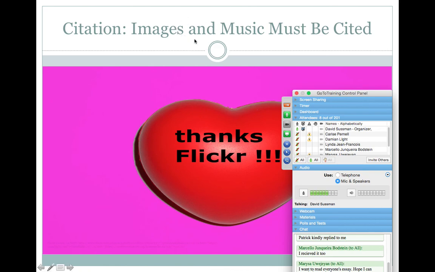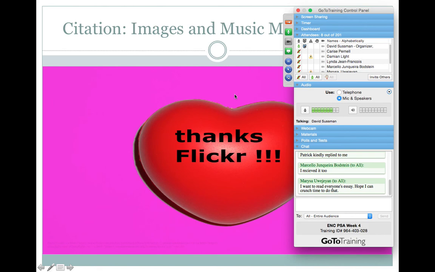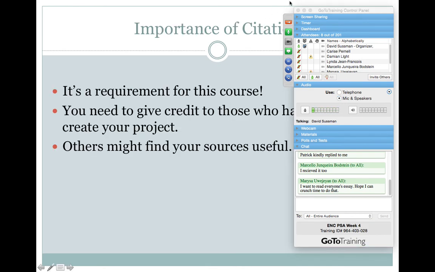So just a reminder that all images and music must be cited. And really, the images and music, I mean, or video, should be either shot by you, meaning you took it, you created it, you owned it, or it needs to come from an absolutely allowable site. So let's take a look at how you cite things that are allowable. Let's start with, oh, okay.